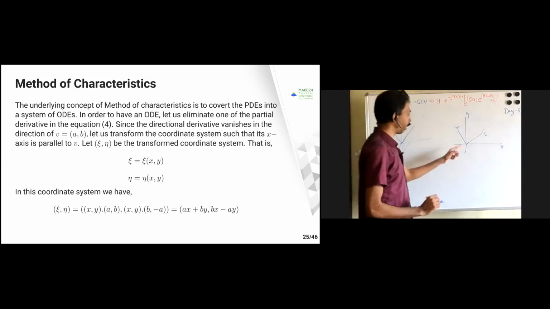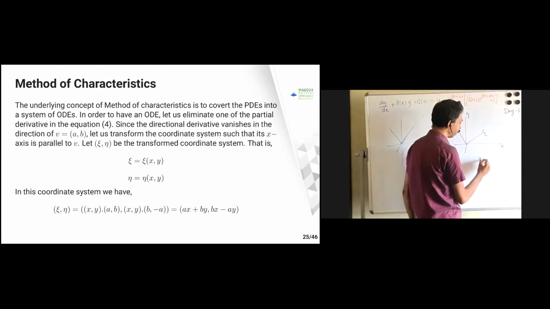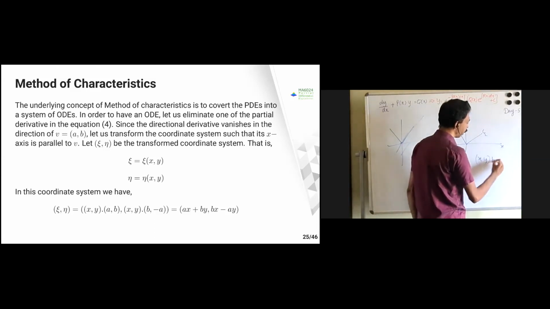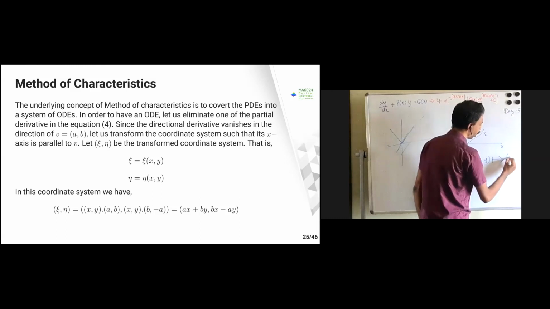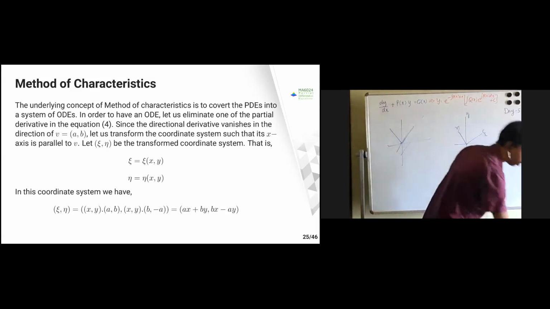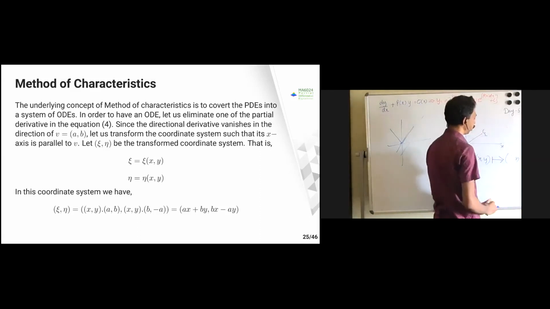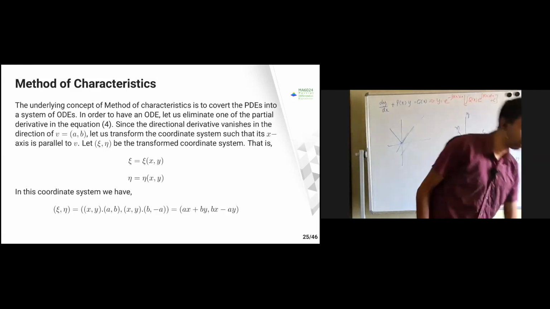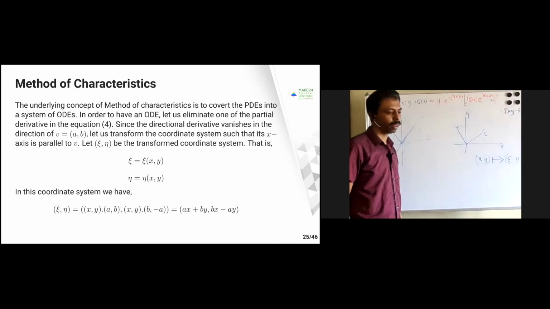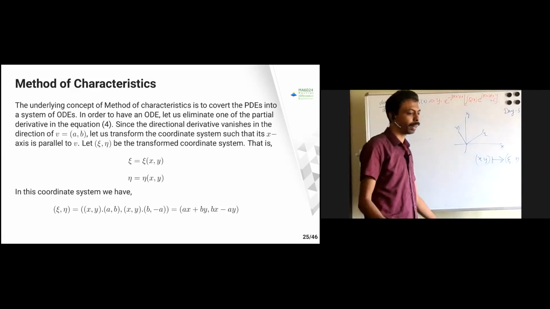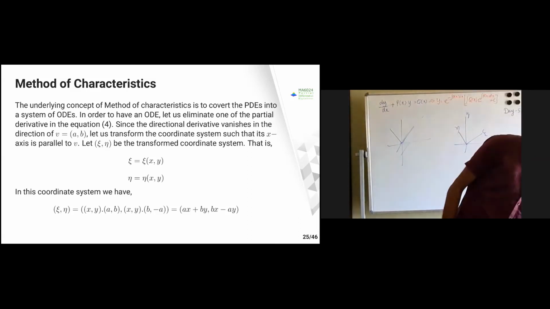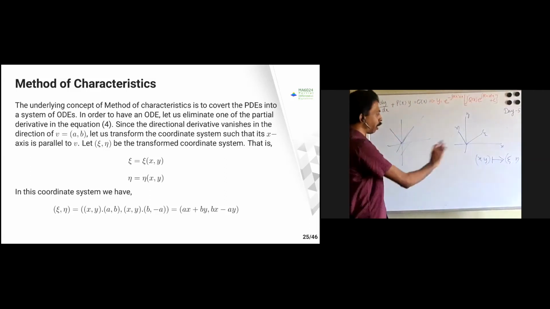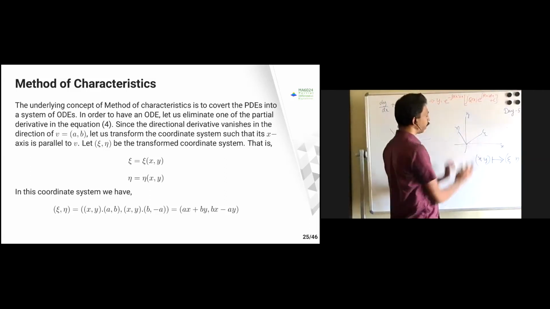Then what I will say here is that this x comma y, I'm just transforming to some coordinate called chi comma eta. So that means I need a kind of transformation. Either it may be a linear transformation or a non-linear transformation that we will explore. So I'm just going to transform this so that this is going to happen.